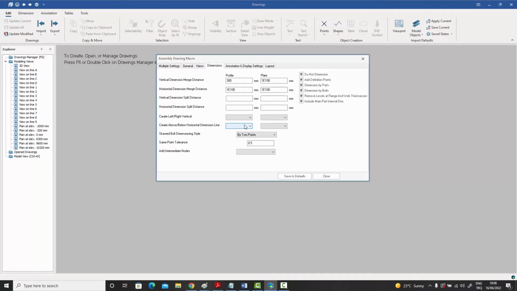But more importantly, over here we have these options of dimension by parts or dimension by bolts, or dimension by both. So if you turn both of them on, you can dimension by parts or by bolts as well. But what it means is